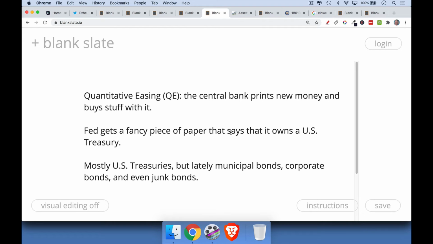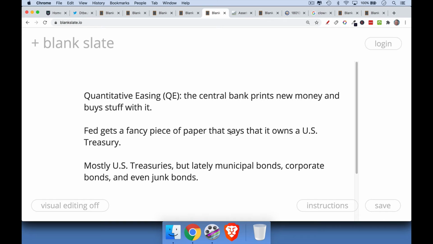You'll hear it referred to as QE, where the central bank makes up new dollars, prints them using the digital printing press. We're obviously not talking about paper. It prints new money and buys stuff with it. It mostly buys U.S. Treasuries, but lately in 2020, in the wake of the COVID crisis, the Fed has been buying municipal bonds. It's been buying corporate bonds, in other words, the bonds of corporations like Apple and Tesla. It's even been buying junk bonds. These are zombie companies that would be out of business if they didn't have people to buy their